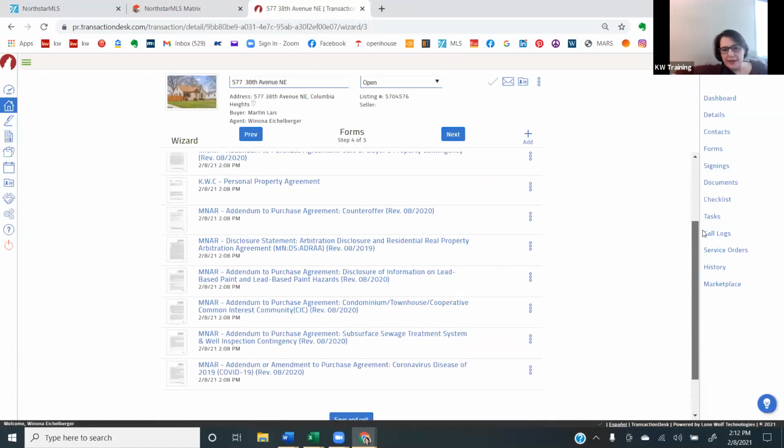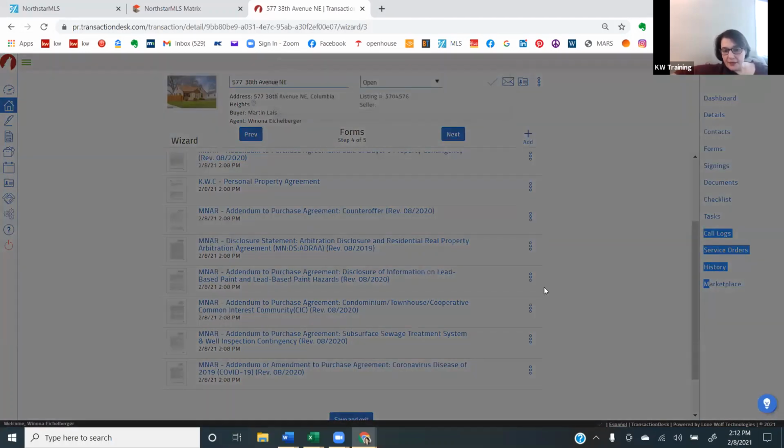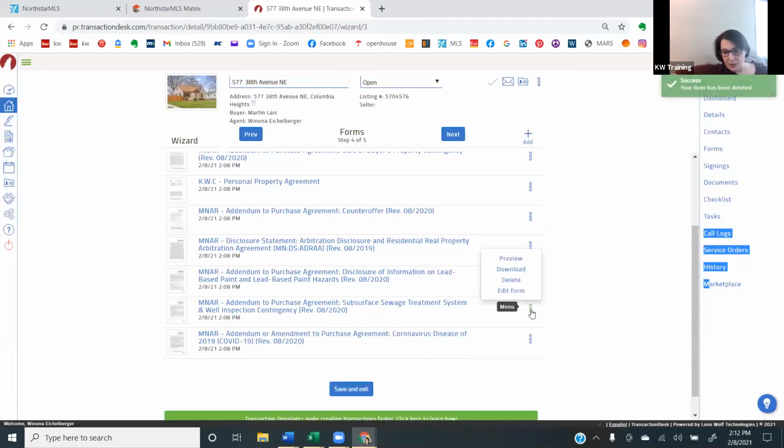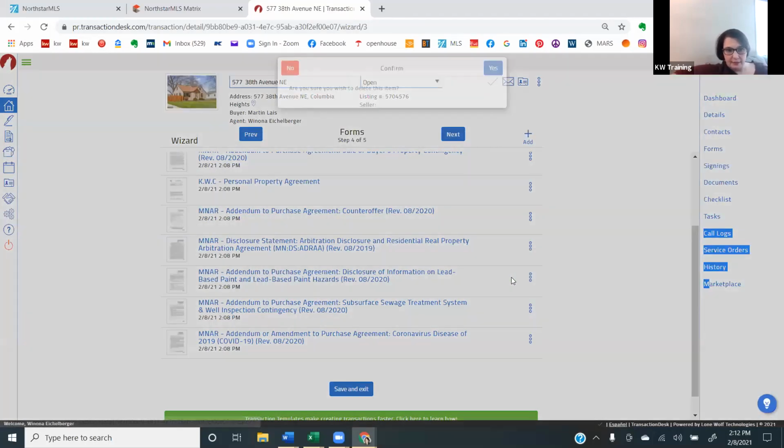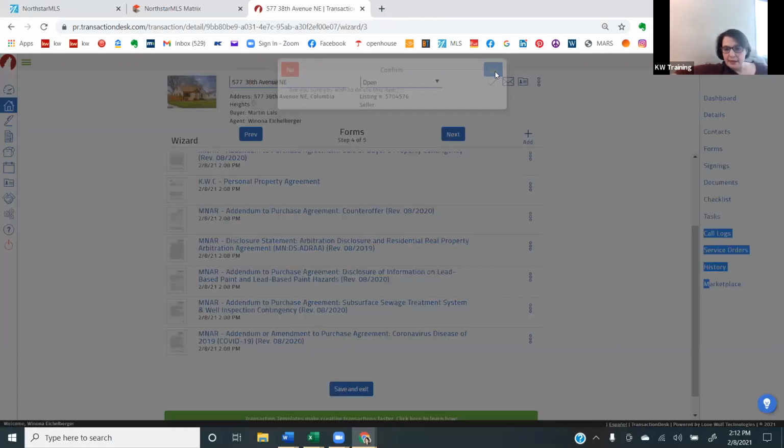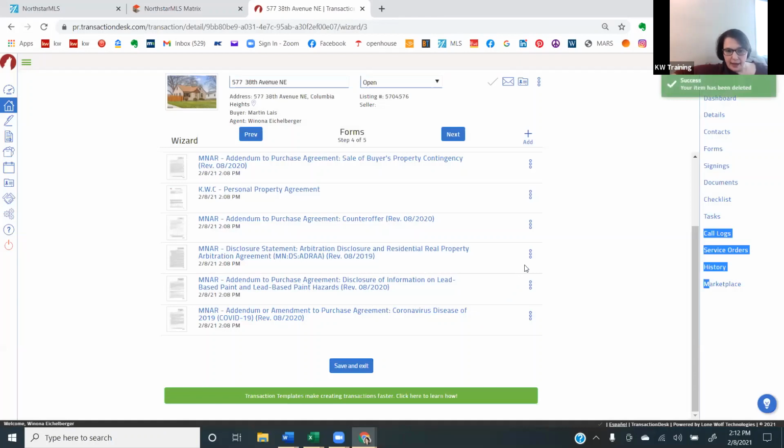So this is obviously not a CIC, so I'm getting rid of that. This one obviously does not have a sewage treatment because it's in Columbia Heights. And it doesn't have,